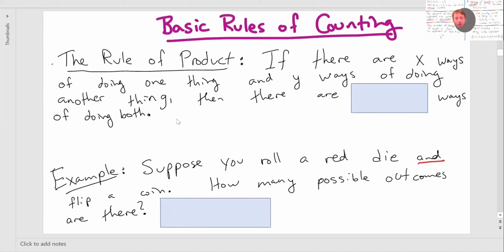And by the way, if you have any questions at any point, you can write them in the chat. Like I said, you can unmute yourself or whatever you prefer, whatever works for you. Okay, so